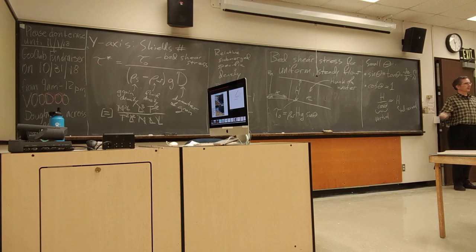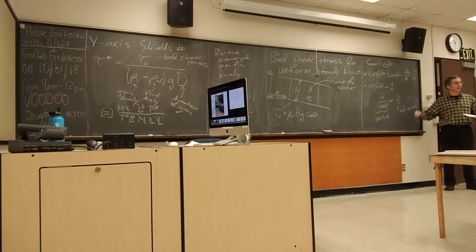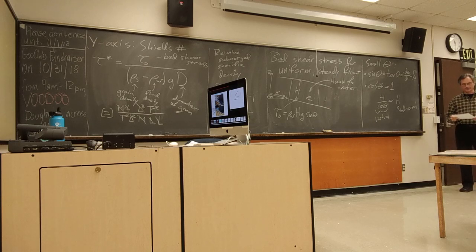And typically with streams, we're just not going to worry about the difference between those two. If we're dealing with a 40-degree hill slope or something, then yeah, we've got to worry about the difference between the bed normal and the vertical. When we're dealing with a stream, a steep stream is like 2 or 3% slope, and the difference between vertical and bed normal, even if you could actually see the difference on the ground, is not significant